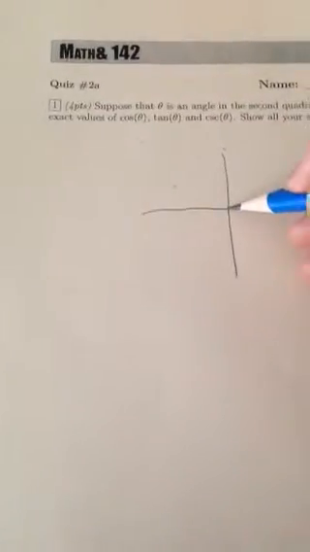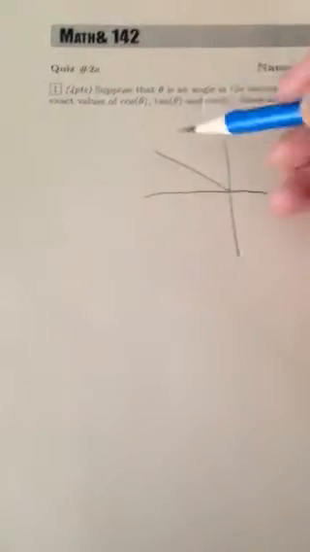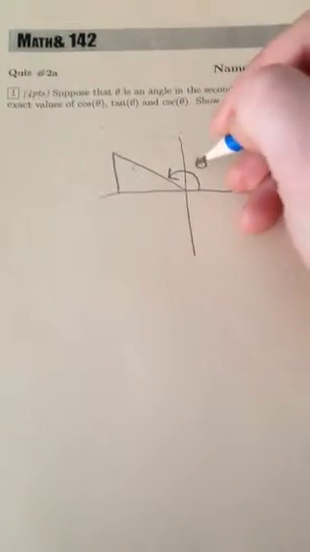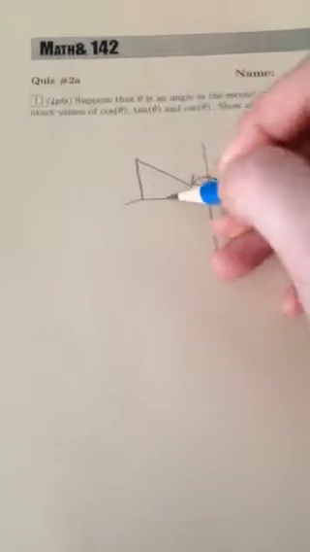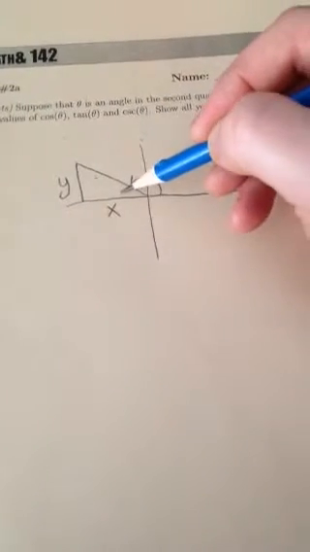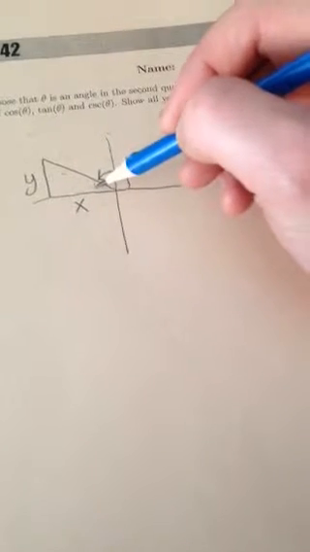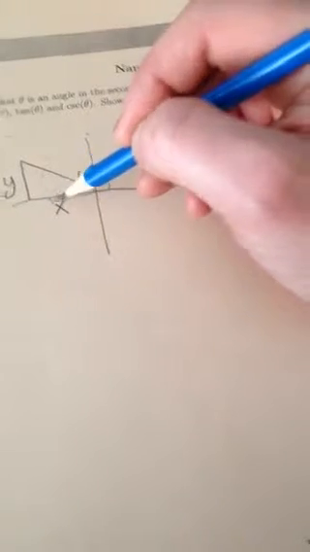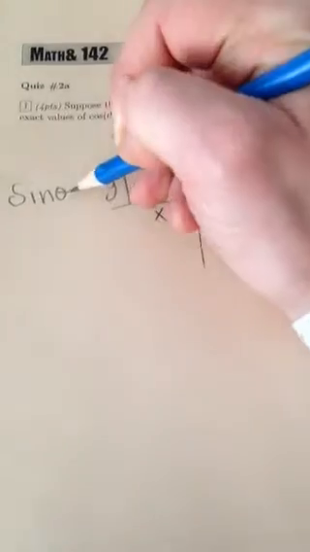We can draw in a triangle right here, and we can call this our angle theta. This is our x coordinate and this is our y coordinate, and this angle right here has the degree or radians of 180 minus theta, or 2 pi minus the radian version of this theta. We're also told that the sine of theta is equal to